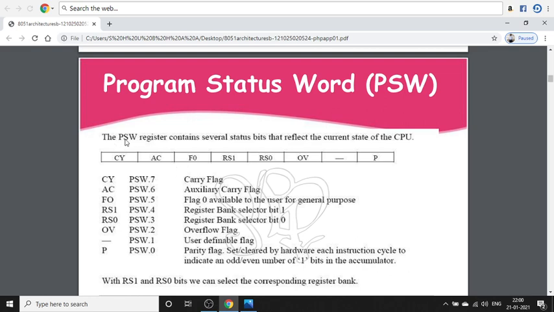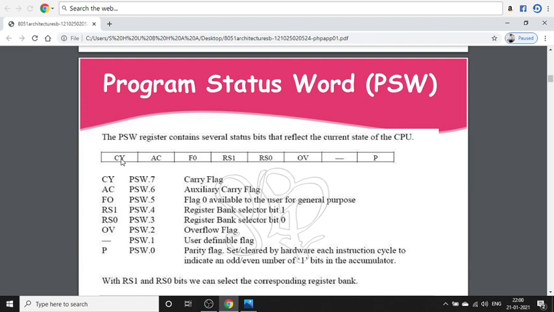The program status word register contains several status bits that reflect the current state of the CPU. This is the carry flag. CY is the carry flag, which describes the carry information of the 8051.